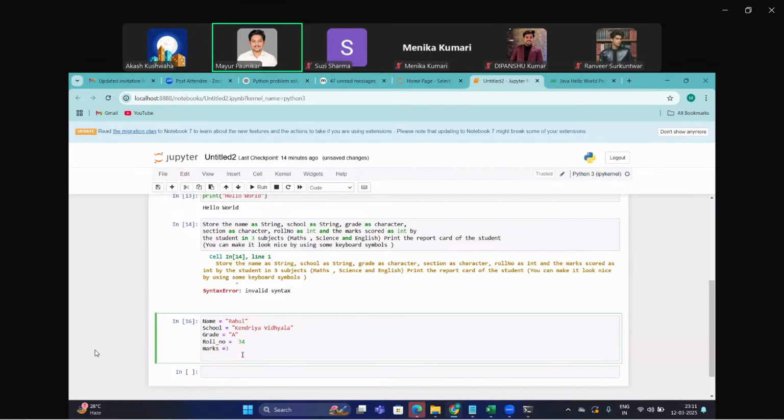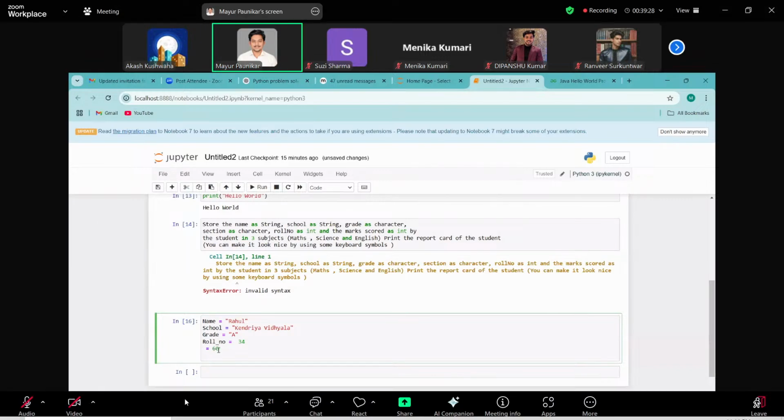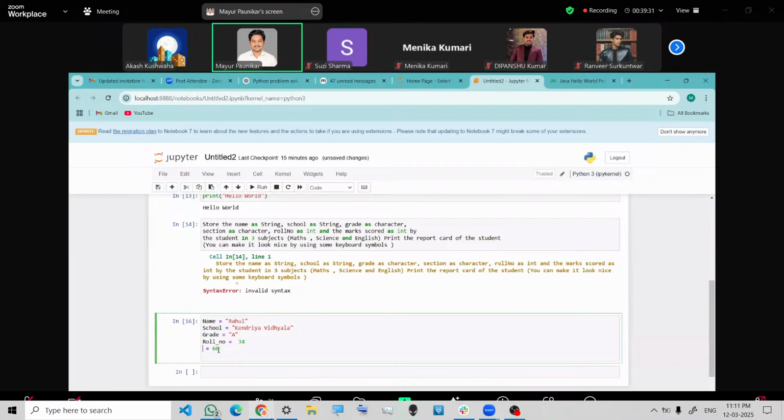Basically, it just says to store some values as a name, some values as a roll number in the form of integer, and some marks like